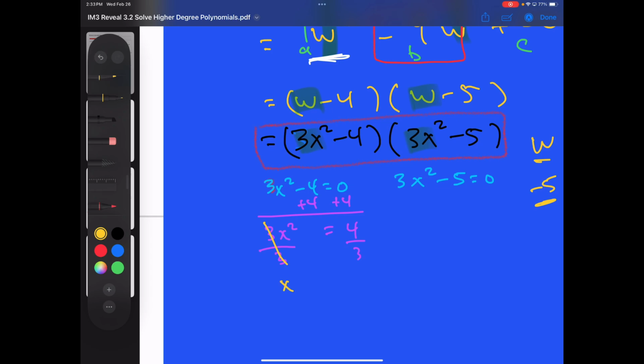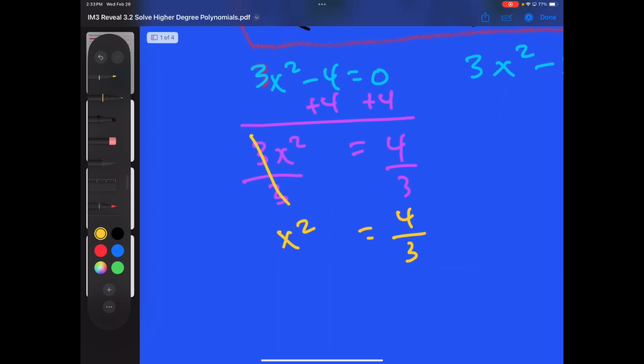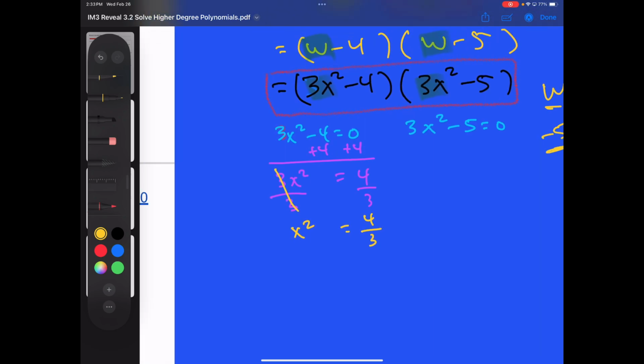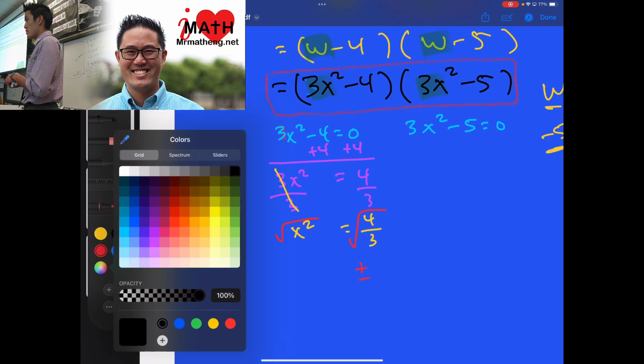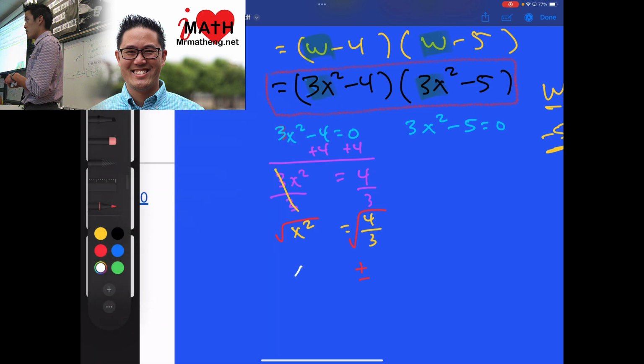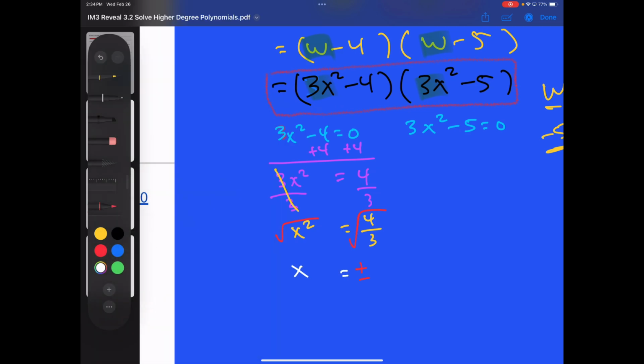Let's try that again. x squared equals 4/3. We're going to take the square root. As soon as you do the square root, what symbol do you have? Plus or minus. So x equals